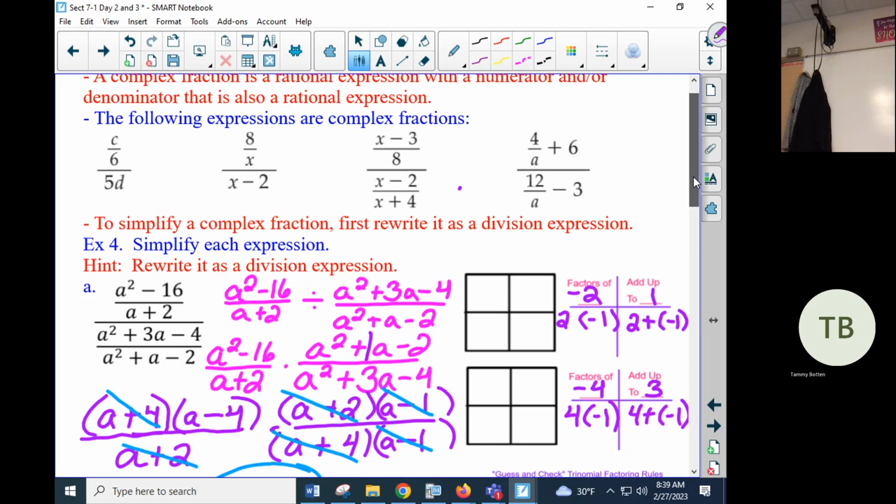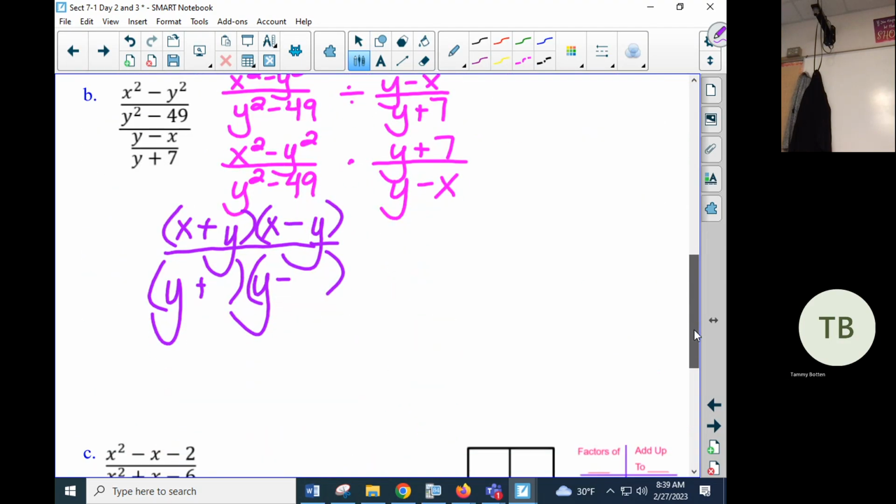So if I come back here, what I put in these two spots is the square root of 49, which is 7 and 7. Then I have y plus 7 on the top. And if this is y minus x, you just bring that down like that. There's nothing you can do to simplify that. Now I'm going to go and try to cancel things out. So I have a y plus 7 on top and y plus 7 on the bottom. When you have x minus y,